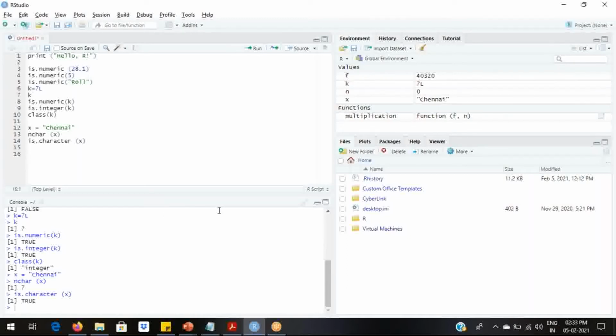Can we try some other example? I have given a numeric value as the argument to the is.character function, and hence it has returned false.